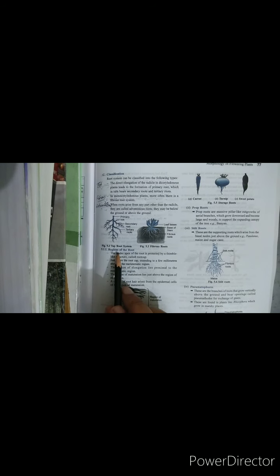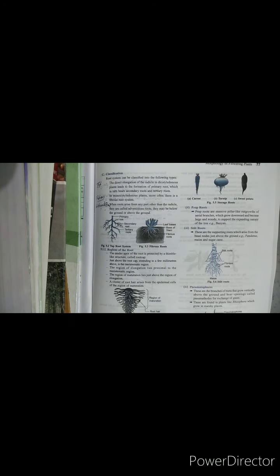Now we study the regions of the root. The root is typically divided into four regions. The tender apex of the root is protected by a thimble-like structure called the root cap. Just above the root cap, extending to a few millimeters above it, is the meristematic region. The region of elongation lies proximal to the meristematic region,